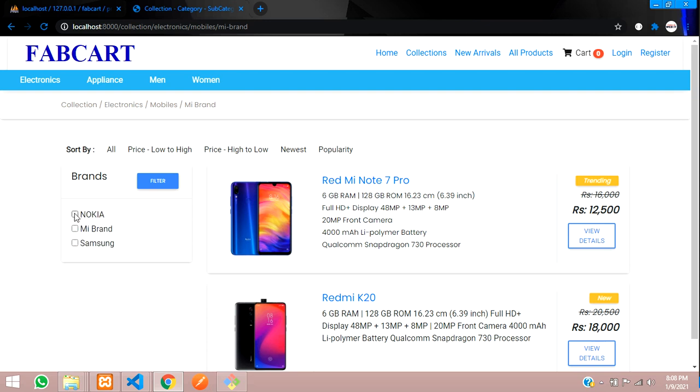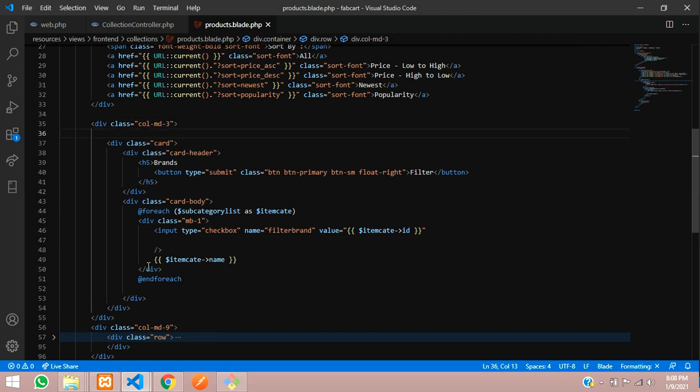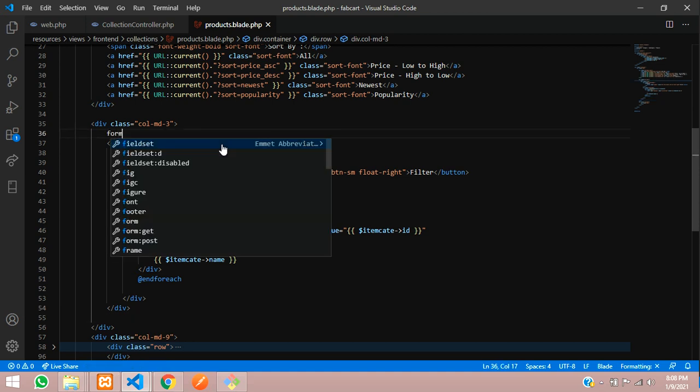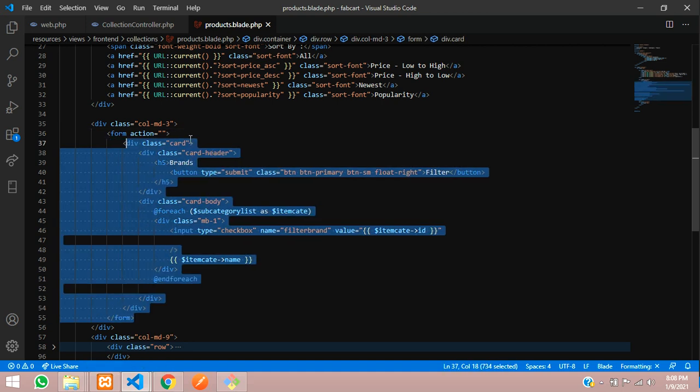So now guys, we have to check and filter all this data. Simple. So let's get back to our code. Okay, so let's assign the form first. What we have to do, this is a card and end of the card. Okay, so let's type form, where this end of the form we have to copy and paste below. Simple.